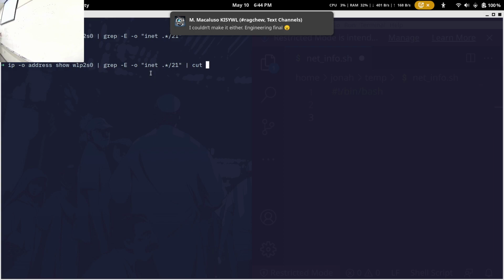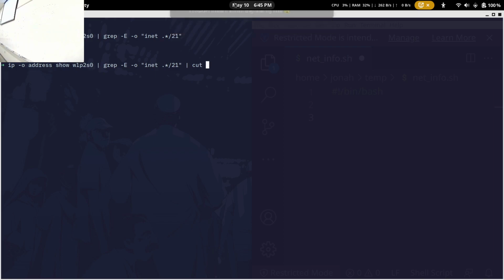In bash, you can use cut. That's exactly what we'll do. So I'm going to say cut dash d space, because I want to take that string that I'm getting, inet followed by the IP, and then cut it right where that space is.